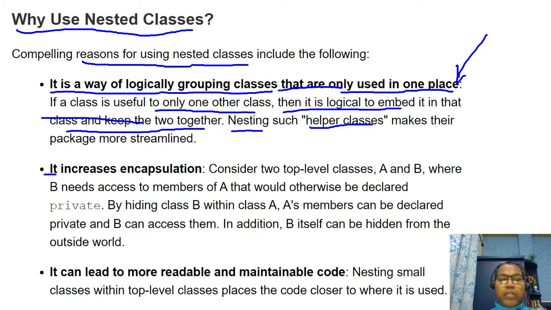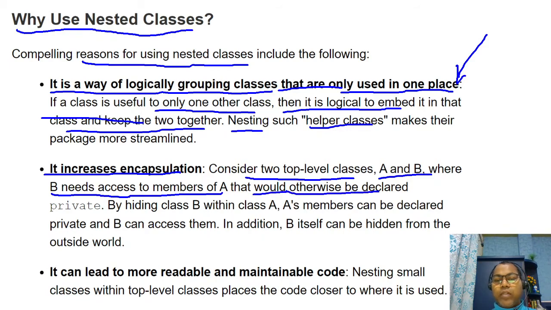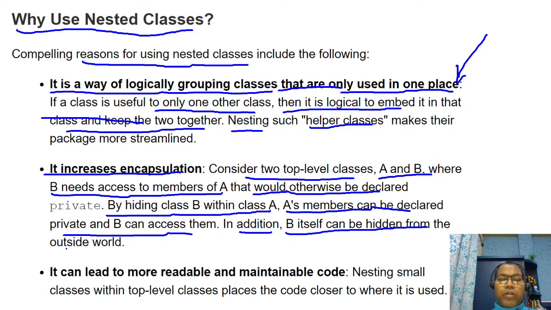The second point is that it increases encapsulation. Consider two top-level classes A and B, where B needs access to the members of A that would otherwise be declared private. By hiding class B within class A, A's members can be declared private and B can access them. Additionally, B itself can be hidden from the outside world. Sometimes one top-level class has to declare some private method that other parallel top-level classes cannot access, but inner classes defined inside can easily access it. So this increases our encapsulation,